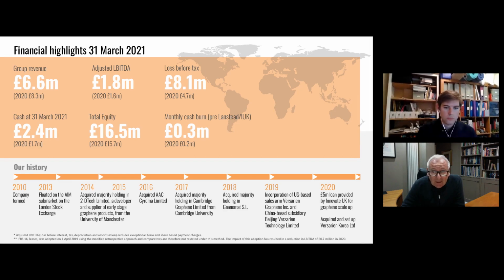But in addition to that, we also have the proceeds from the two Lansdowne sharing agreements, which aren't due to end until the first quarter, second quarter of next year. And they provide the majority of cover for the historic burn rate of £0.3 million. So, hopefully you can see we're in a fairly good position as far as that's concerned.